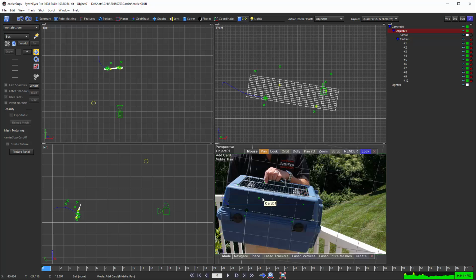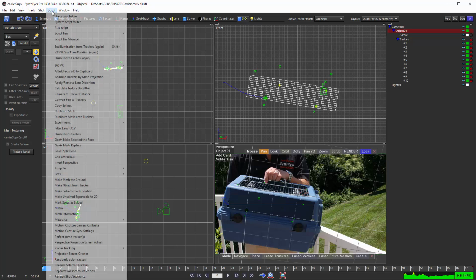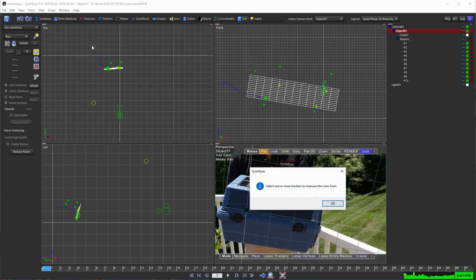So if you've got a shot with explosions or strobes, stuff like that where the light's changing, then you do what we just did. You compute what's happening with the light. You put the light at the right location in the scene. If you're going to be dealing with a situation like this where you're trying to match the mesh itself, then it's better off to do this, which is